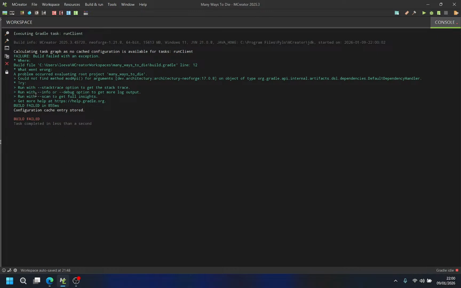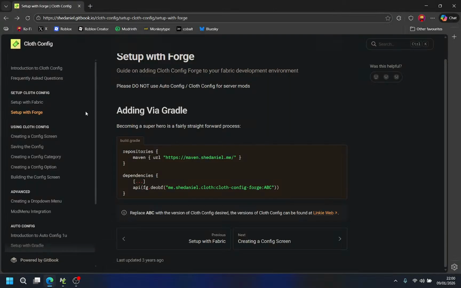It failed. What's the problem, build file? Of course: could not find method mod API for arguments. Oh my god. Okay. What went wrong? Could not find mod API. Okay.